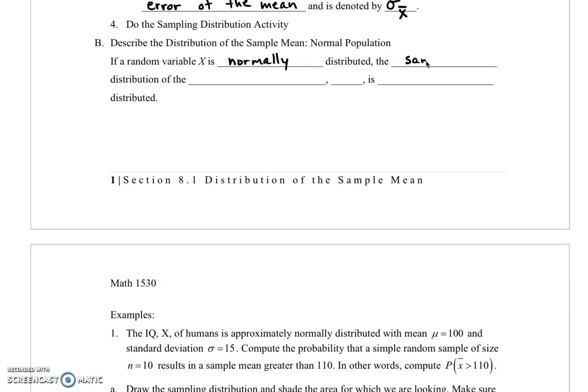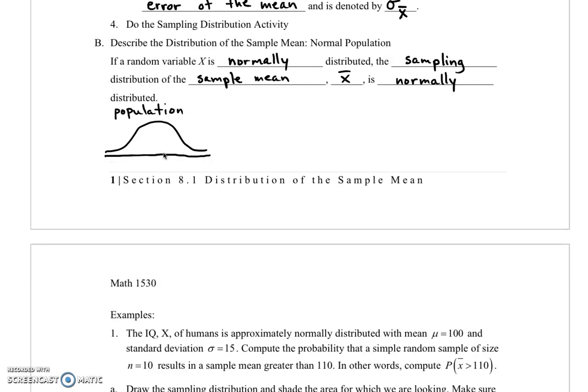the sampling distribution of the sample mean, x bar, is also normally distributed. So that means if our population is normally distributed, so it's bell-shaped and symmetrical with the mean at the middle,